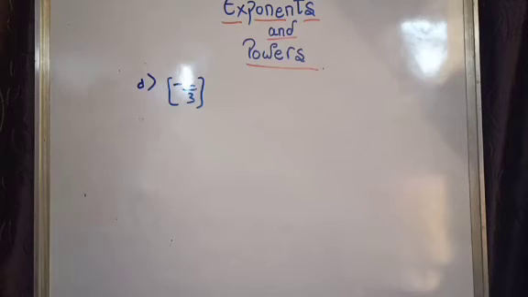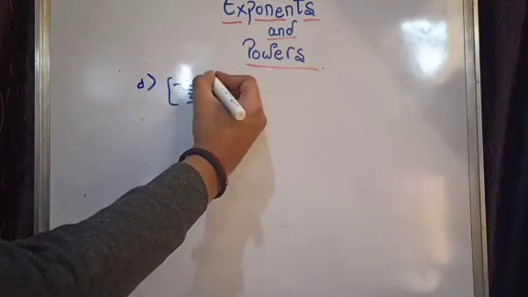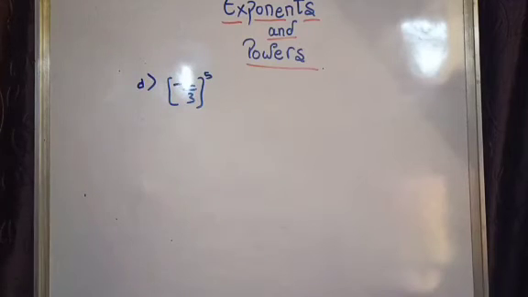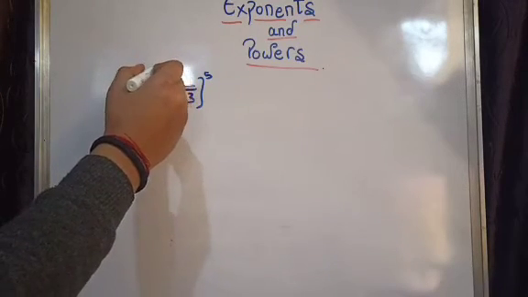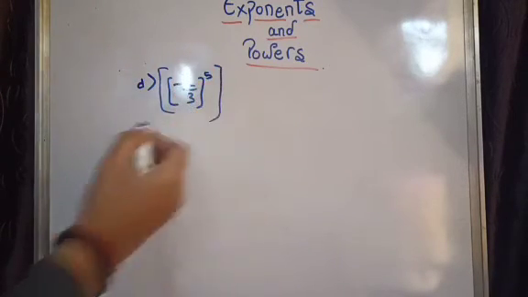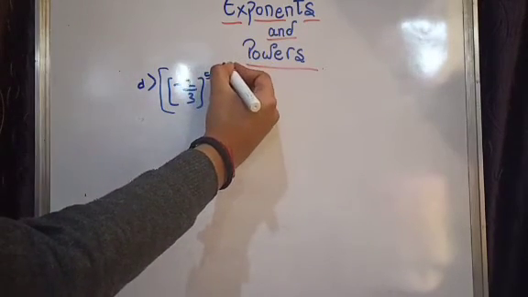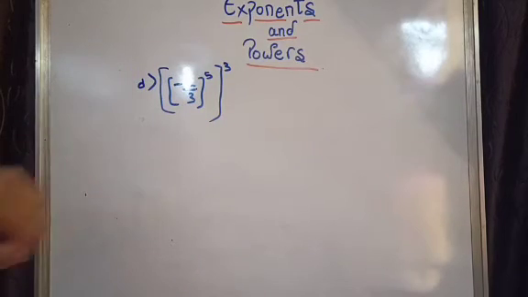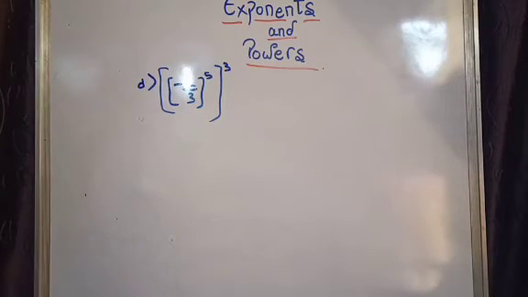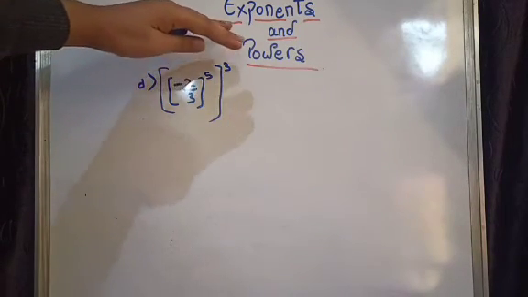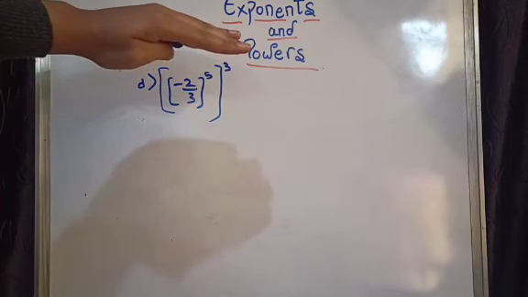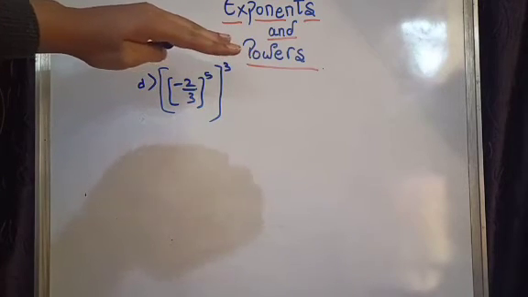Okay, then it is given to the power of 5. Then again brackets are given, and then it is given to the power of 3. Okay, now we have to solve this. I think that you can't see the minus 2, but I will help you see. Now you can see the minus 2. Okay, it is the question like this.